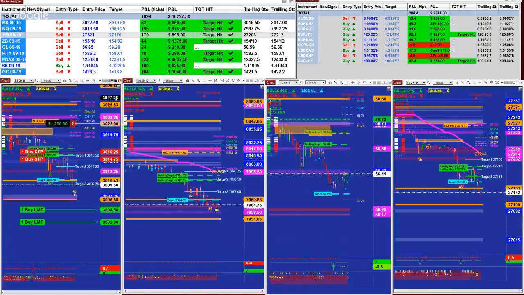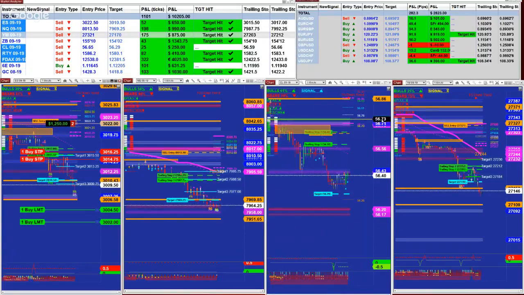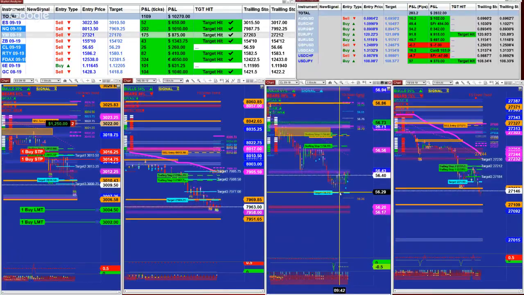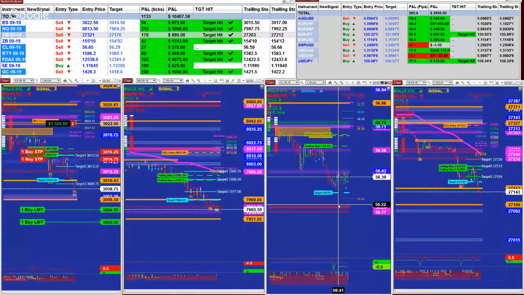The CL today was not doing very well. On the last entry, we have 25 ticks. It's fair enough, and it is having a problem hitting the target. The target is 56.29, and we will see if we're going to be hitting the target. Final destination, we need to start looking for a long trade once we hit, if this CL hits the 56.22, that means the party is over to the downside,